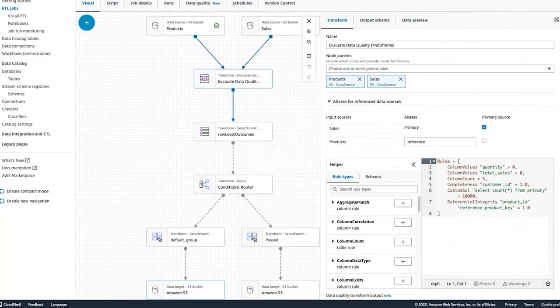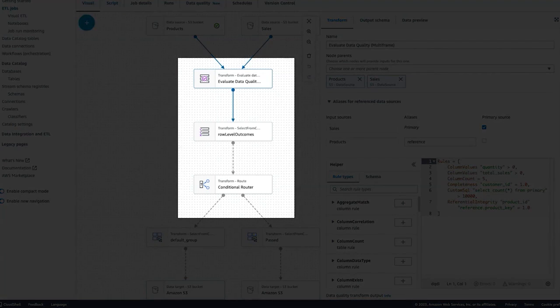Sometimes you may have requirements to run data quality checks on non-data catalog sources or apply data quality checks within your ETL pipelines. You may have requirements to identify the records that did not pass data quality checks so that you can prevent them from entering into your data repositories. For such use cases, you can use Glue data quality on Glue ETL. You can add a transform called evaluate data quality within your pipeline that evaluates the quality of data and identifies which records passed or failed so that you can route those data sets appropriately.